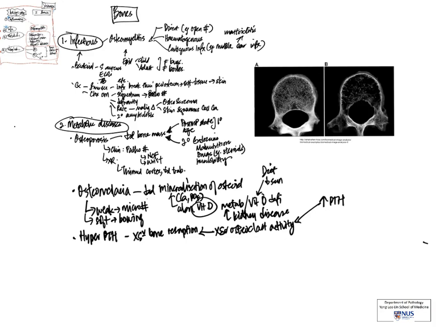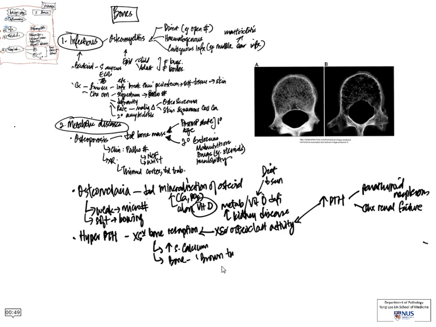It is often due to raised serum parathyroid hormone levels, and this can be due to tumors in the parathyroid gland, for example, a parathyroid adenoma, which can produce excessive PTH. Also can be due to chronic renal failure. So there is a resulting raise in the serum calcium levels because of resorption, and in the bone there is an interesting tumor, or sort of like a pseudo-tumor that is formed, which we call brown tumor,